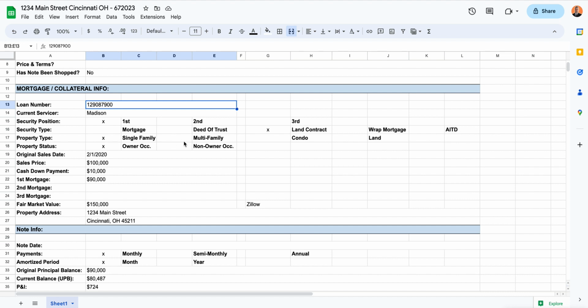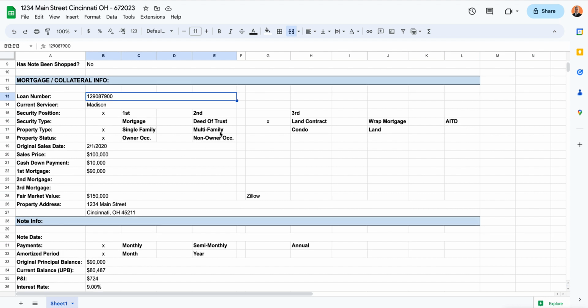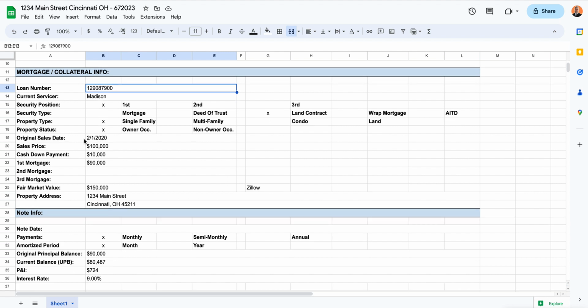The property type, single family, multifamily, property status, owner-occupied or non-owner occupied. Just a note here on the multi-unit family. If it is multi-unit, you can add the number of units or even commercial as well. Anytime it's even a commercial deal, I'll just tick the multifamily,